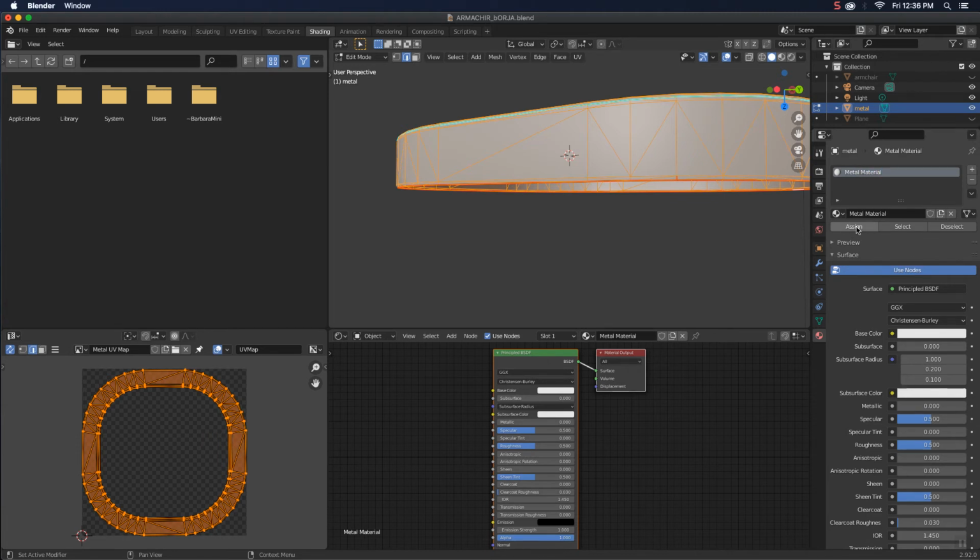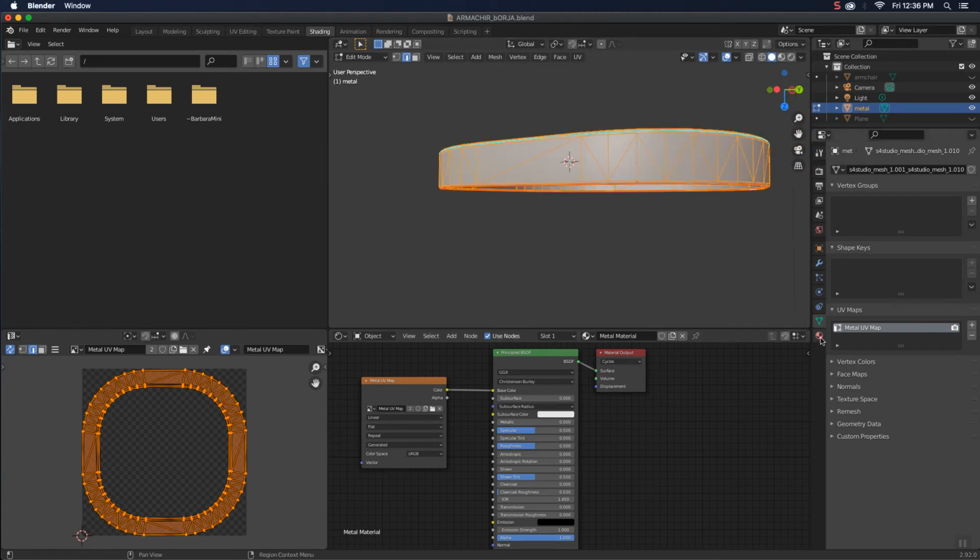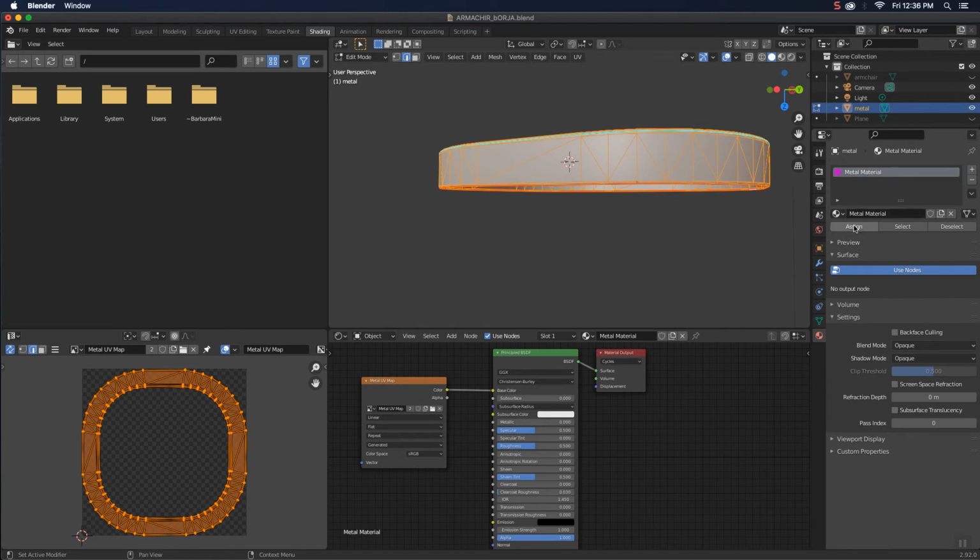It's on use nodes, click assign, go down here to the UV map, make sure you have your metal UV map typed in, and here Shift A, search image texture, and then we're going to just open up that metal UV map, plug it in, take all down to cycles, and metal material, assign, use nodes, we're good, tab,